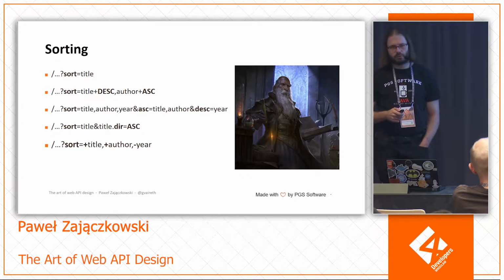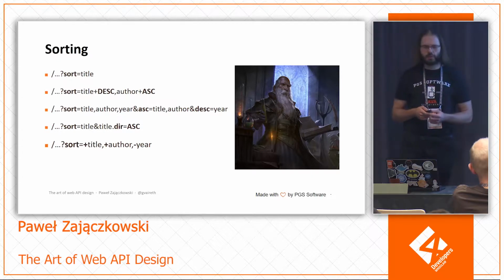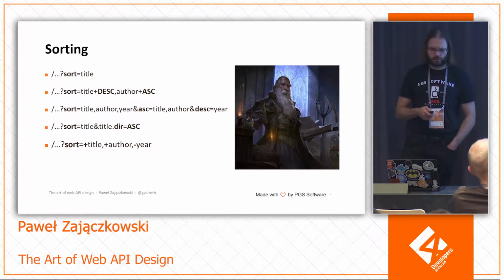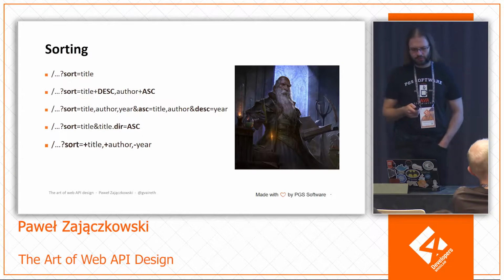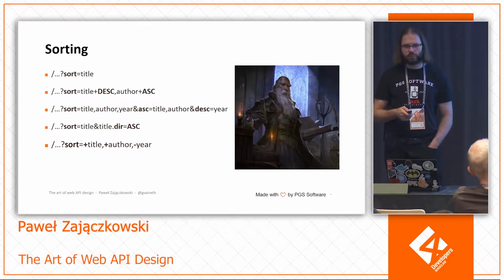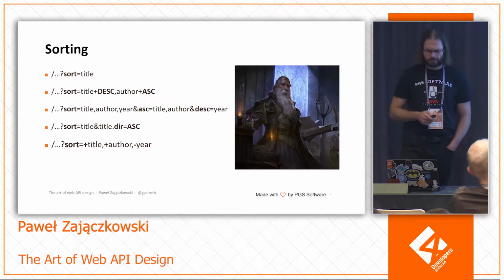The next method is to mirror, for each property that we are sorting against, the direction. I think actually this is pretty much the same as the second one, but with the prefix. We can just specify the name of the property with a single plus or minus as a prefix or suffix, whatever. That's a kind of elegant style. I think I like it the most of them.